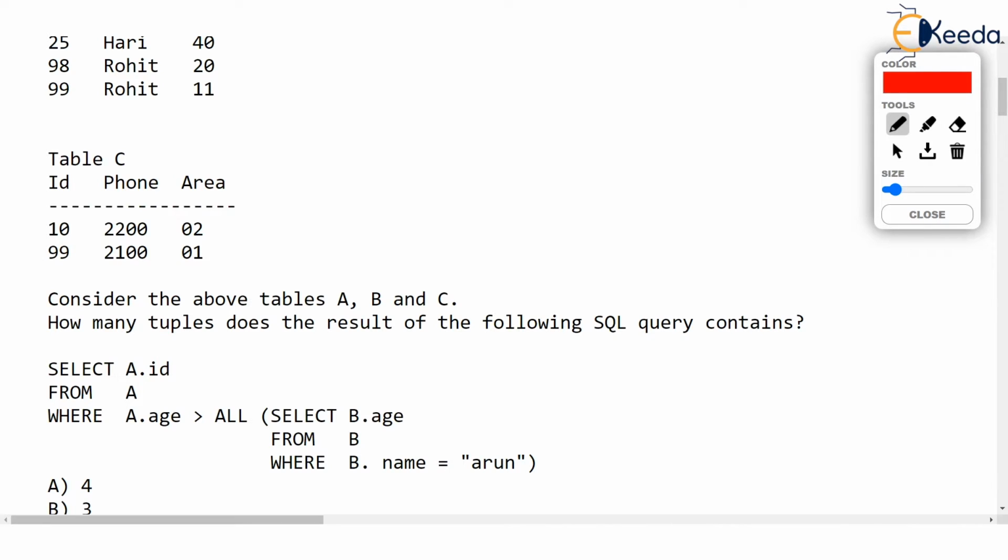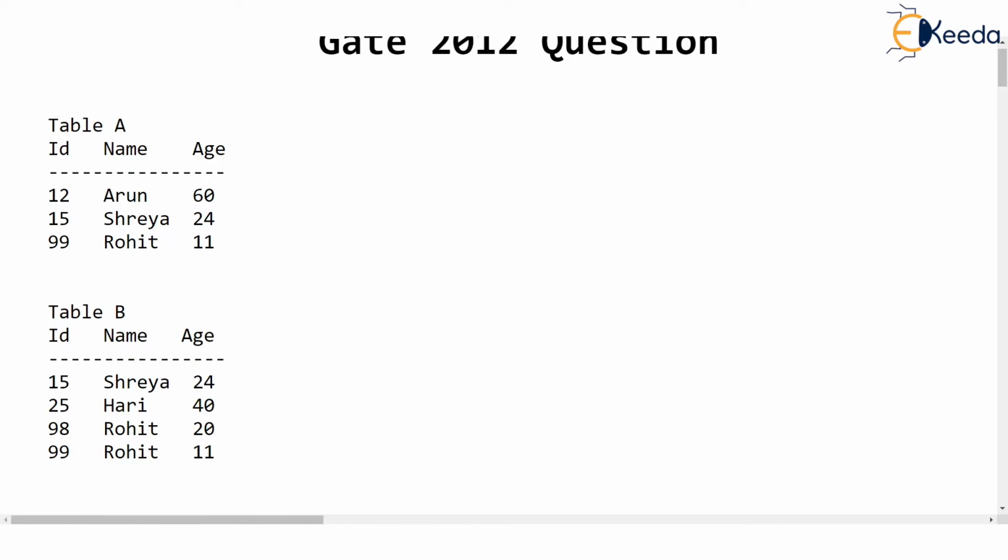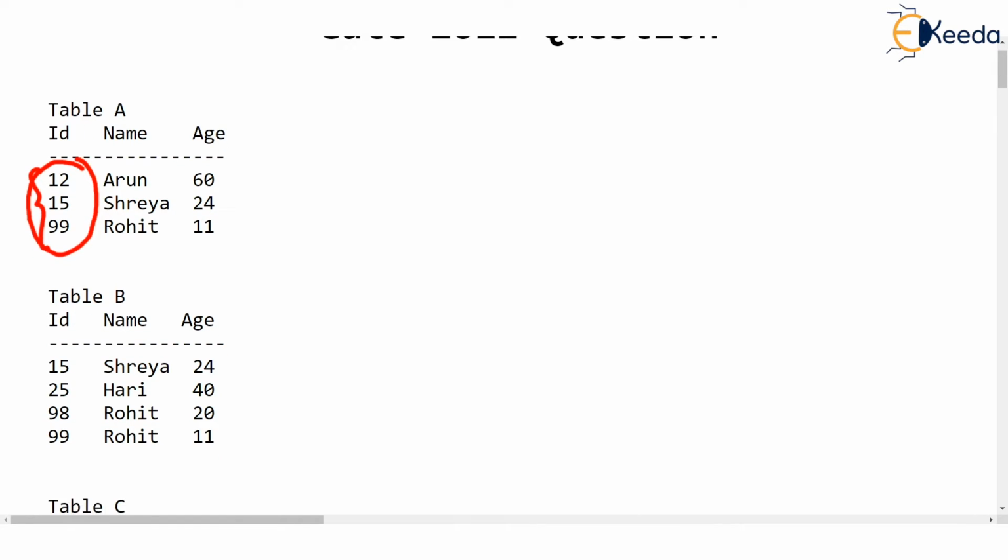So what is the outer query now? The outer query says select a dot id. Check that we have a table A in which there is an ID column, so we have to select these IDs. But what's the condition?